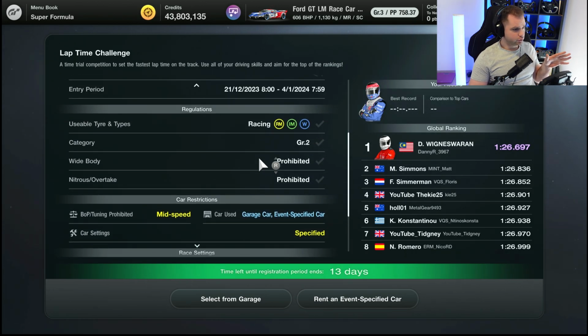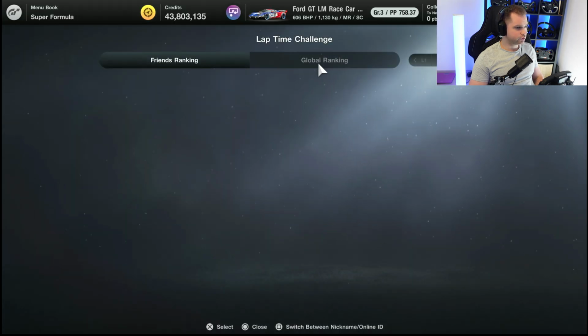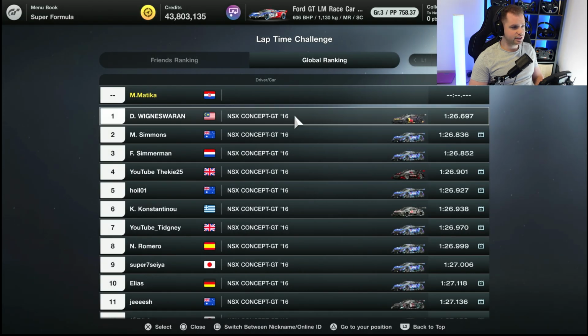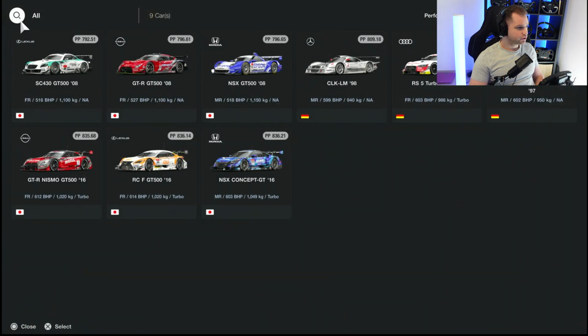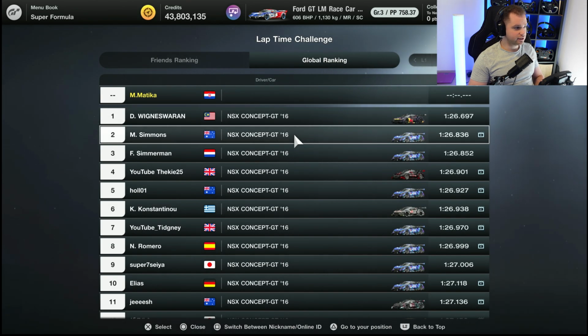So the mandatory tires are racing medium tires, and I do believe that we need to use the NSX concept. So okay, you can use any of these cars I guess, but the NSX is usually the fastest car around the circuit here. So I will quickly have a little look at what the fastest guy did, but unfortunately